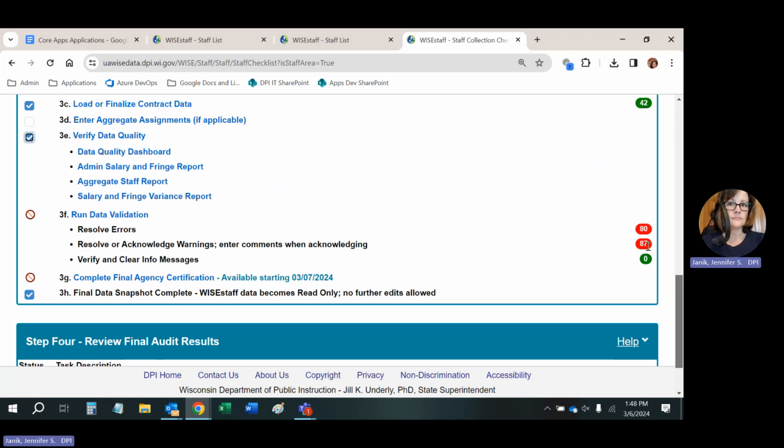Anything that's in red errors need to be resolved, and warnings need to be acknowledged or resolved in order for you to complete your final certification. If you have even one left, it won't let you click that button and save that you've indicated that your certification is complete. So anything over here that's not a green 0 is something that we want you to take